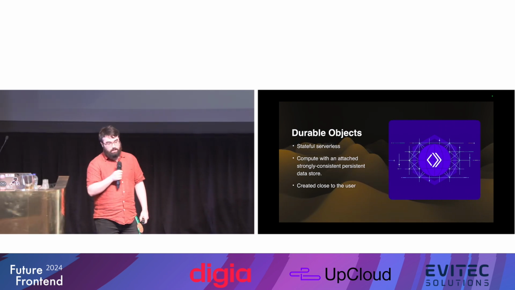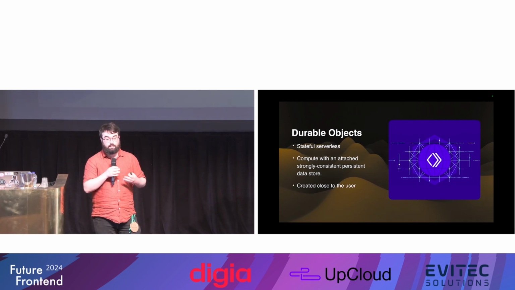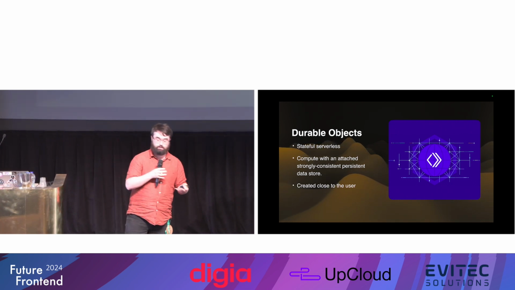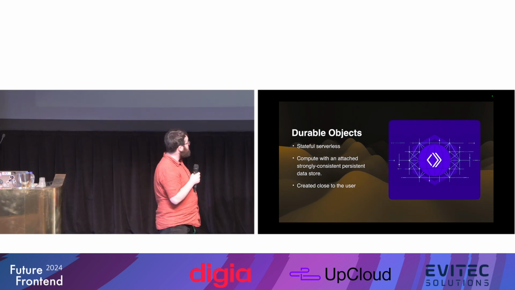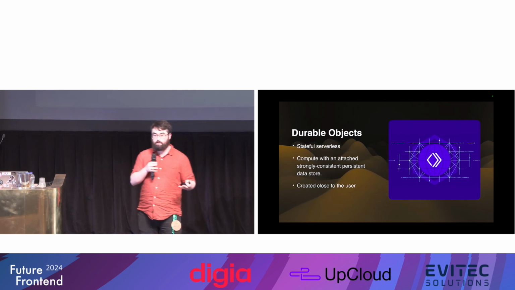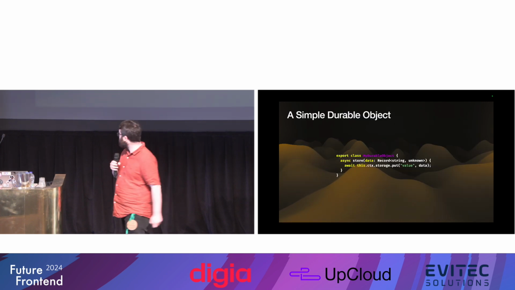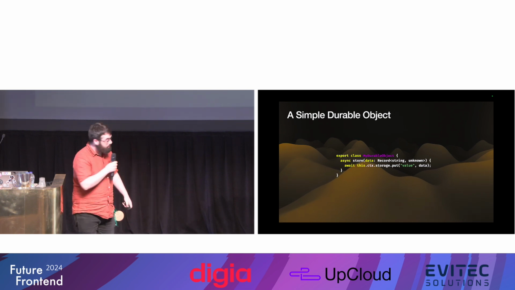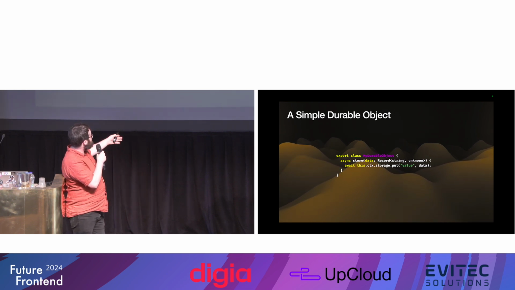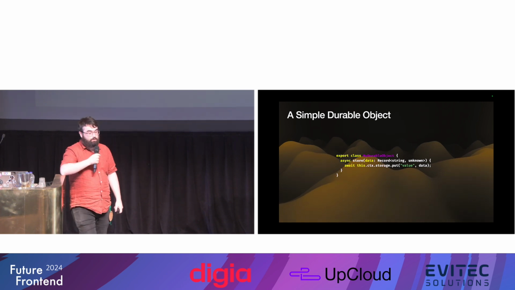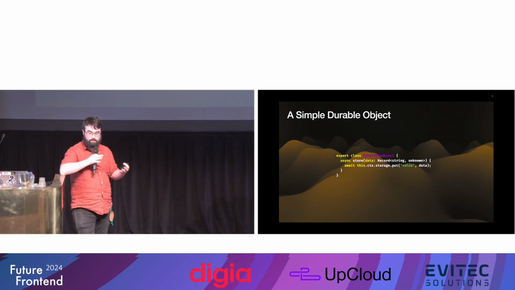And durable objects are a simpler way of thinking about that. It's basically an instance of a JavaScript class with some storage. And that's all it is. And that's all you need to understand. Most of you will know how to write a JavaScript class. If you know how to write a JavaScript class, you can write a durable object. So this is a really simple durable object. You can see all it is a class definition and a function that stores some data. That's it. And you can write this, and then you can deploy it, and it will be close to your users, wherever it needs to be instantiated, and the data will be persisted and stored. This is obviously a fairly simple one.